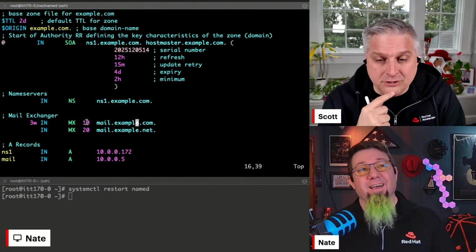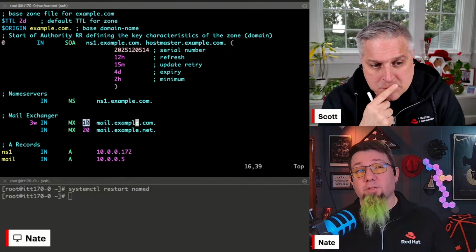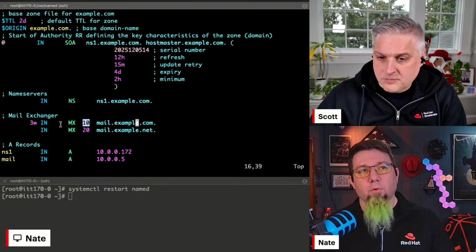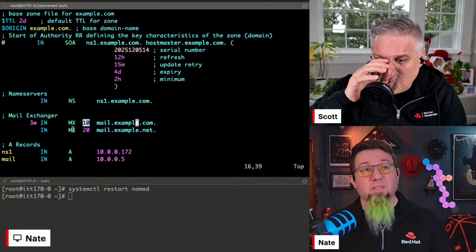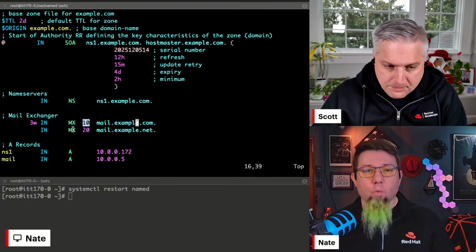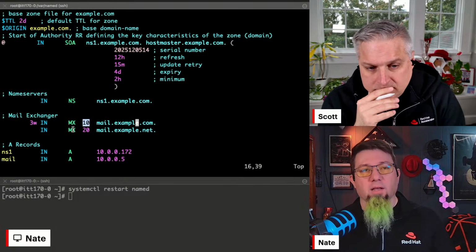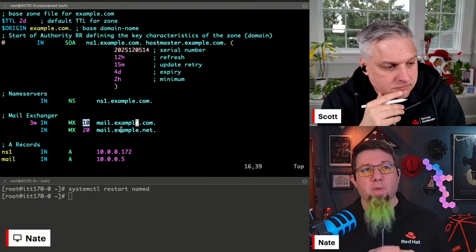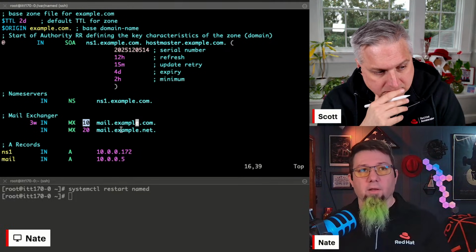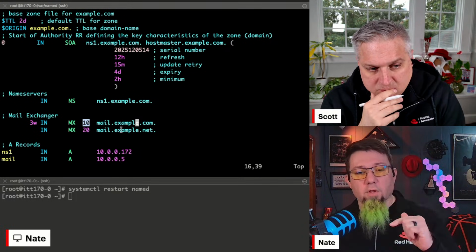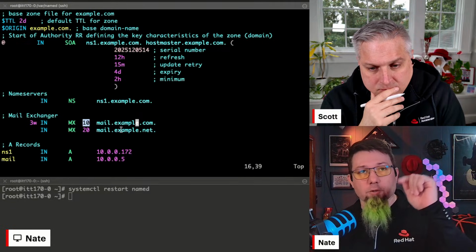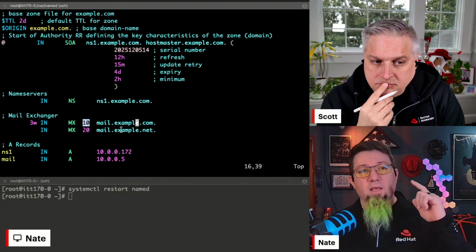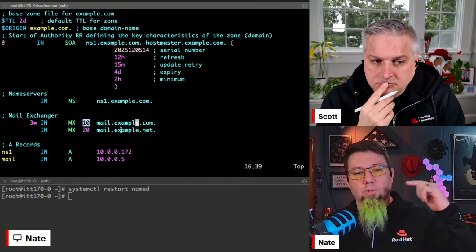That's also an additional field of this record type. So this isn't necessarily just for the mail exchanger, but it's called a priority, right? And if you have multiple records of the same type, in this case, if someone were to ask where should I send mail for example.com, my name server will send them both of these back. It'll say mail.example.com and mail.example.net are the places where you should send mail for this domain. But you should send it to the first one first, mail.example.com, because that has a lower priority number than the second one. However, if it can't reach the first one, it should default to the second one.